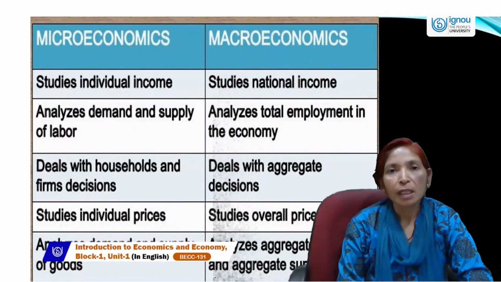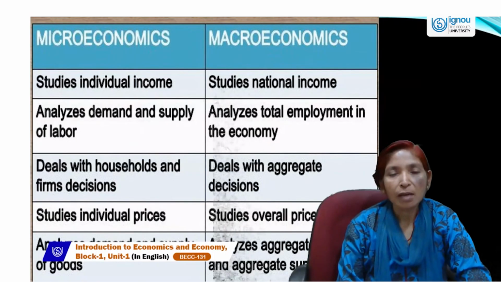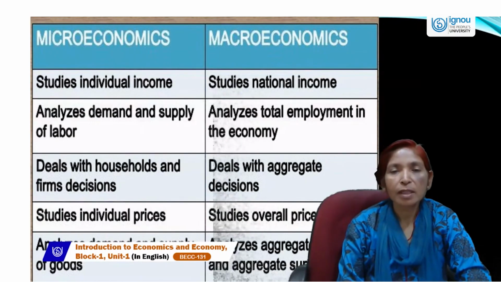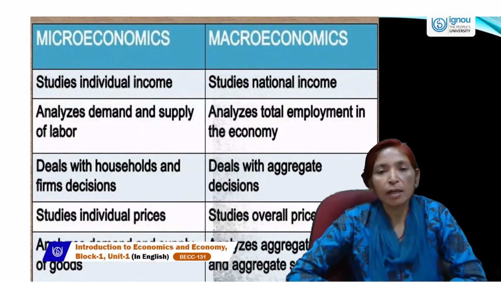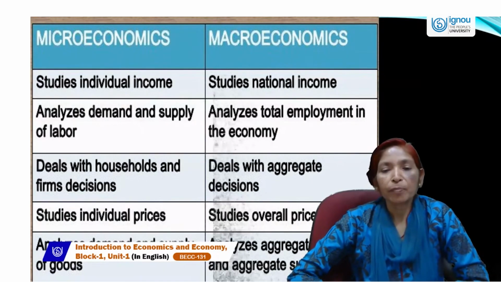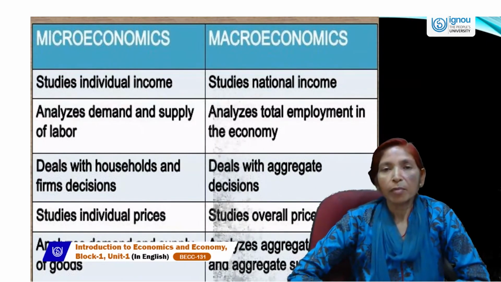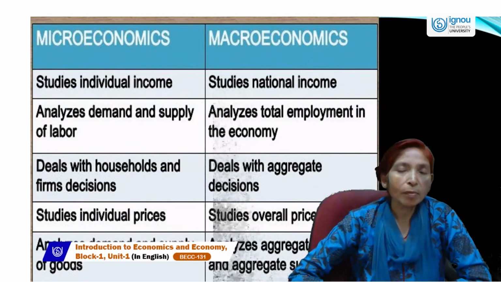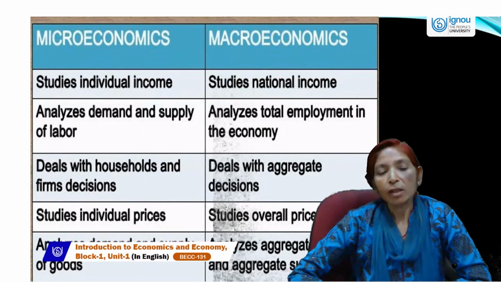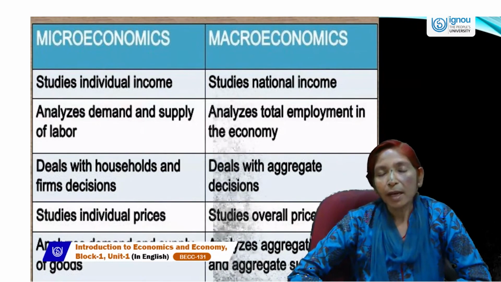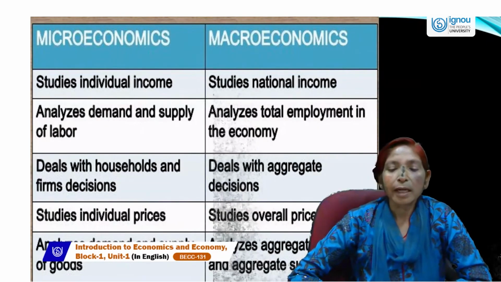And if we want to study in totality or in aggregate, then we will choose the branch of macroeconomics. Macroeconomics always studies the whole income of the country, like national income and total employment in the economy. It analyzes the whole employment or total employment level in the economy. It deals with aggregates or totality. It studies the overall price level, but microeconomics studies only the individual price of a commodity. Microeconomics deals with demand and supply of goods, but macroeconomics always studies aggregate demand, or total demand, and aggregate supply,